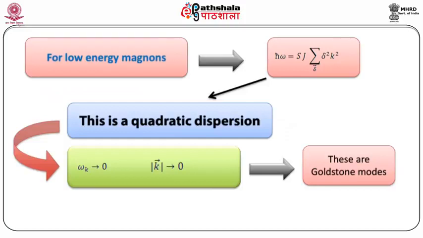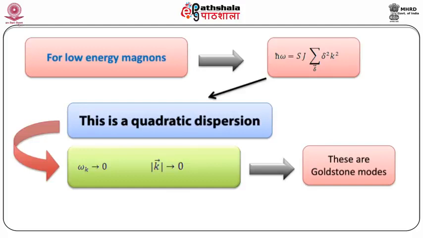So the frequency that we have written down in the earlier slide is basically what is called the spin wave dispersion relation. You can plot the frequency versus k also. But what is important here is to note what is the value and how does this dispersion behave at low energies. You have to differentiate between low energy and high energy. So we are very much interested in this low energy behavior. So for low energy